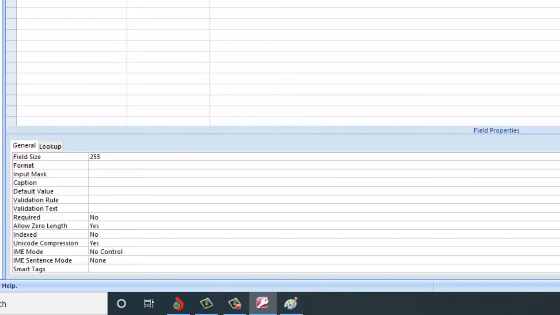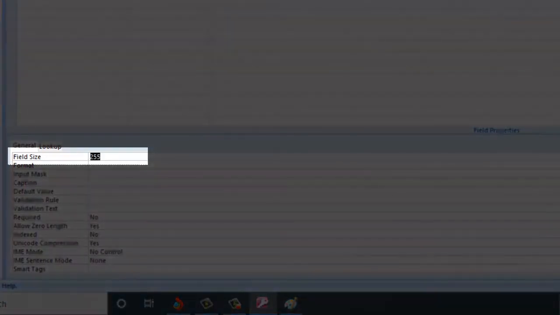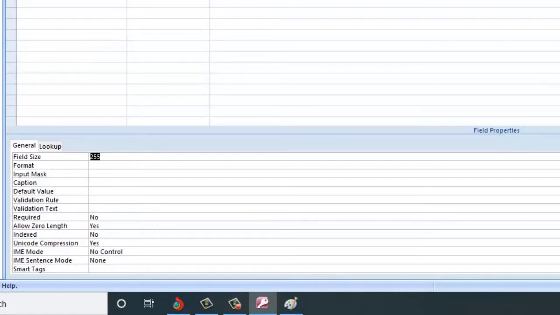So there you need to go to the properties and check the field size. The field size by default is 255. You need to reduce it to a reasonable number. Possibly the maximum number of characters that will be acceptable can be close to 20. That means whichever word you type for a particular row in that column, it will not go beyond